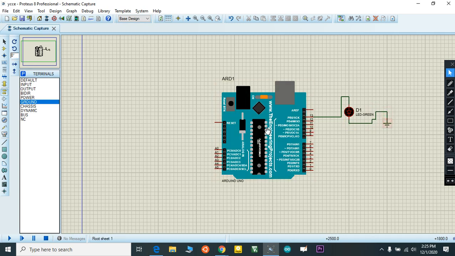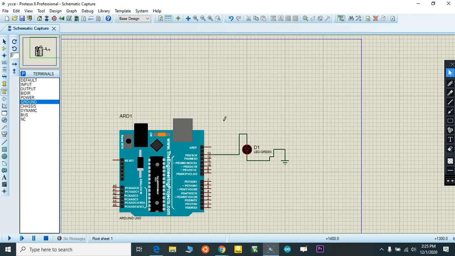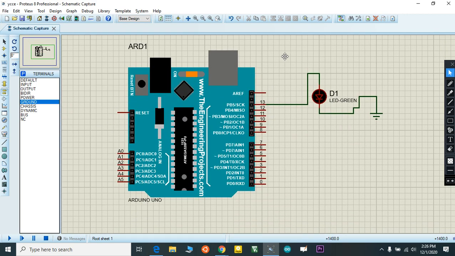Okay, ground it. This is how this circuit works. Now I will explain how to add our Arduino hex file into this simulation, into this simulated Arduino board.